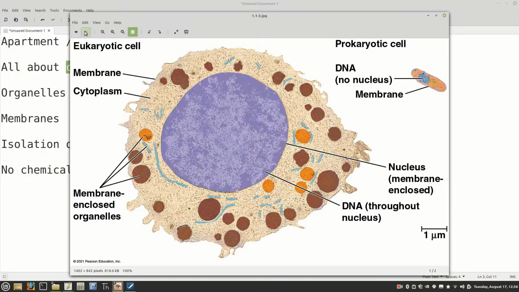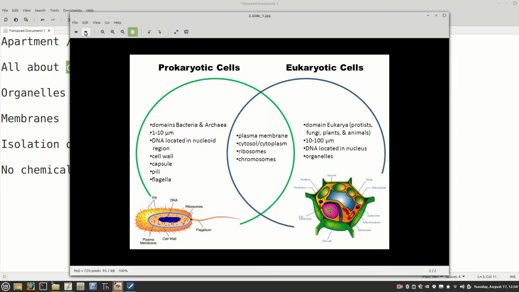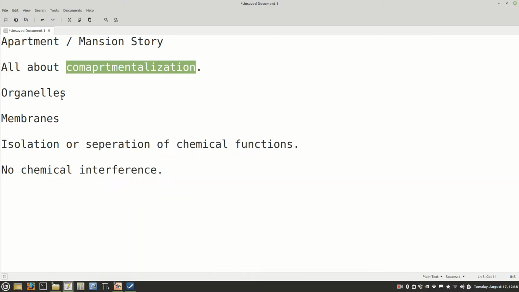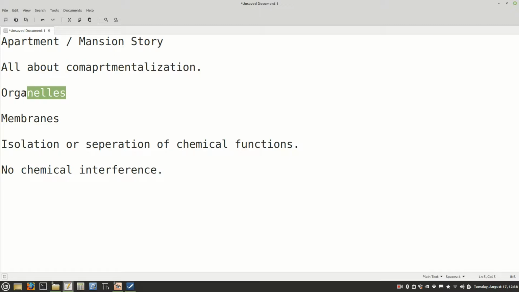Alright, let's see here. I think that's it for the pictures there. Let's talk about this little story in the organelles. The organelles are like rooms in a house. This story, I call it the apartment mansion story, and we think about the rooms of the house as the organelles. If you have a big house, like a mansion, like our eukaryote here,